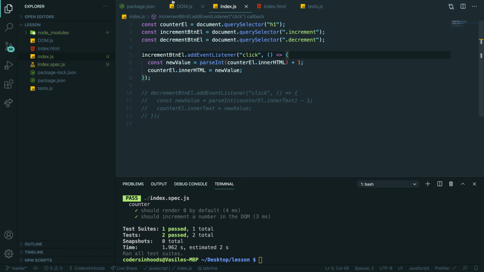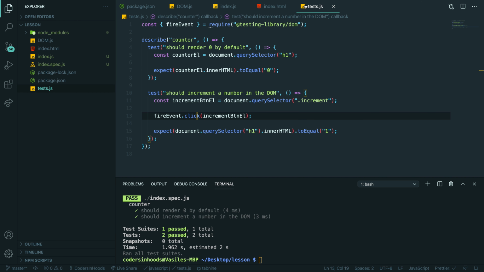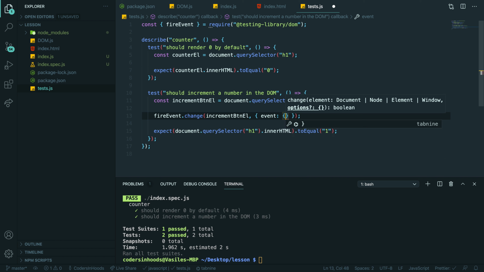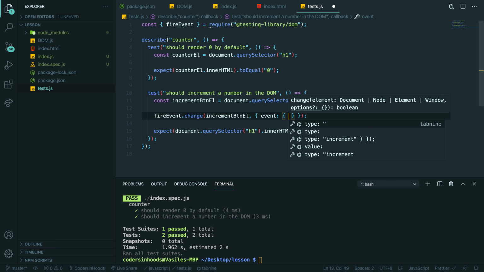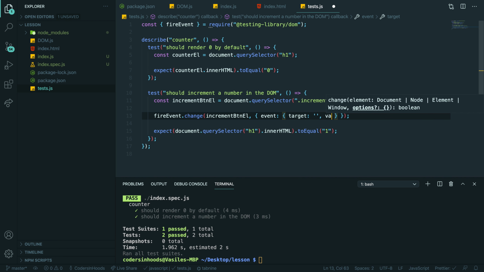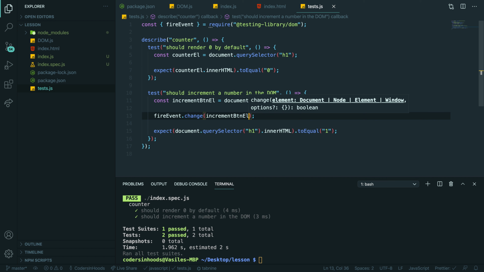But sometimes in inputs, you might want to pass something with clicks or change. You can pass a second argument, which will be like event, and you can describe something like target, and pass value. So you can actually mock some data as a second argument. But you can read about it in the documentation of the testing library.